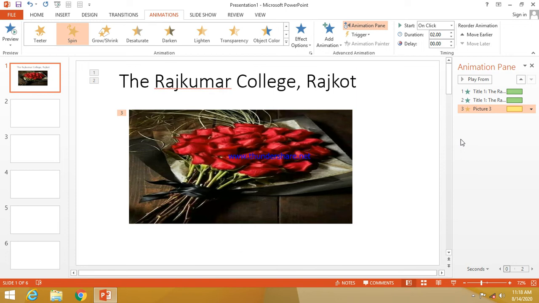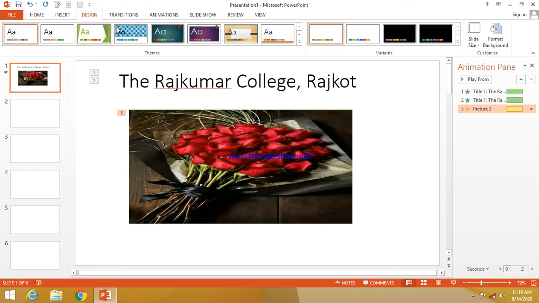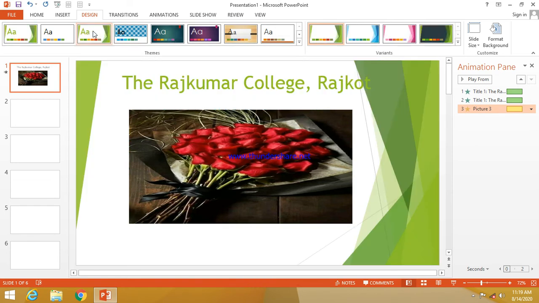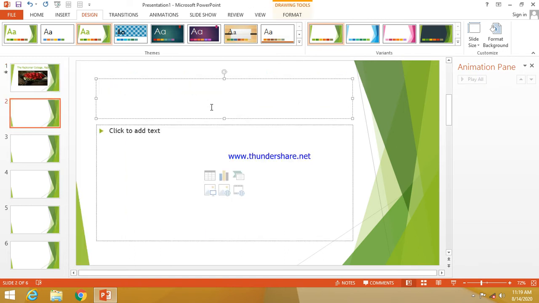Let's go to the next page. Page number 38. Adding transition. Now what is transition? Transition means you are giving the animation to the entire slide. The background what you see is the entire slide. Okay, you can give design also. First of all, we'll give the design that you know it very well how to do. I'll select some decent one. Yeah, that's it. And here I will write down